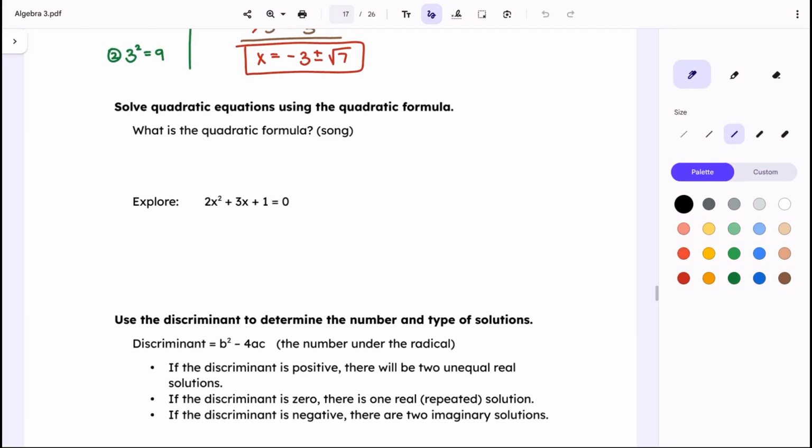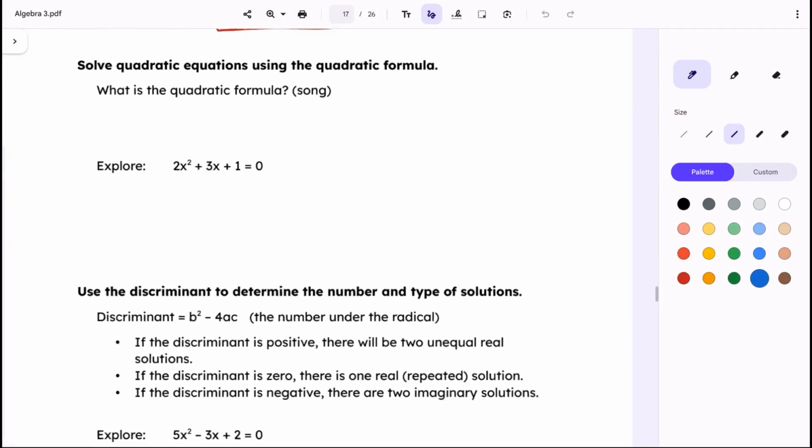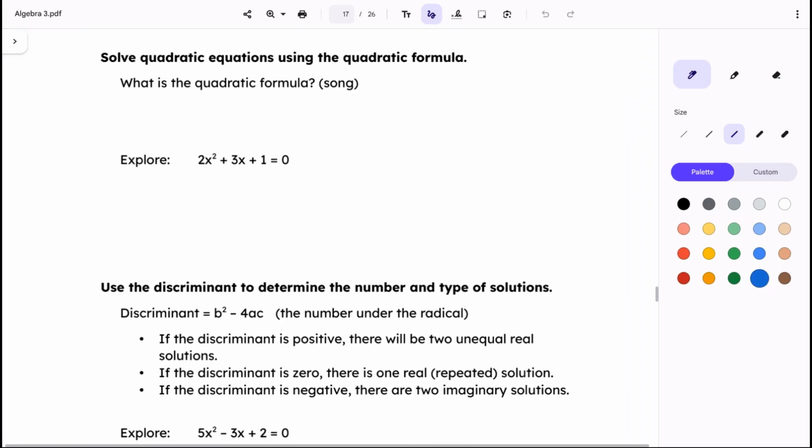Was the answer. Oh wait, yeah, it was x squared root of 5, yeah. Okay,